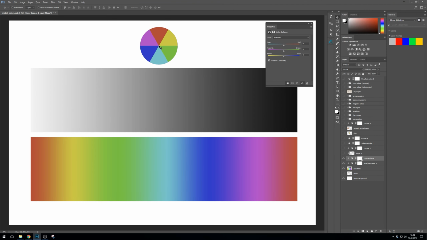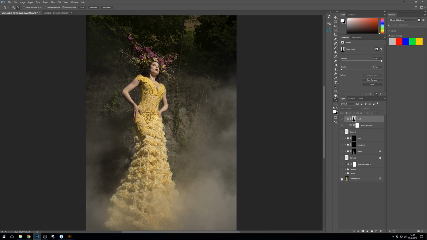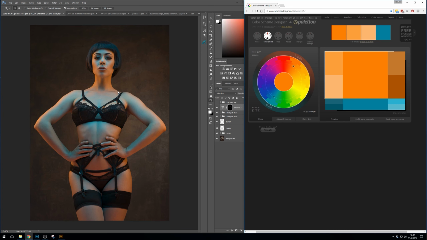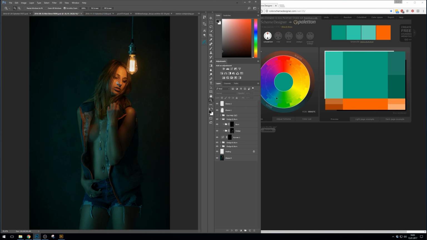I will also show you the process of color correction and color toning, so how to apply color schemes to an image and how to find these color schemes and how I deal with colors. Also, I have some images where I did a breakdown of how they are created and what's important on these